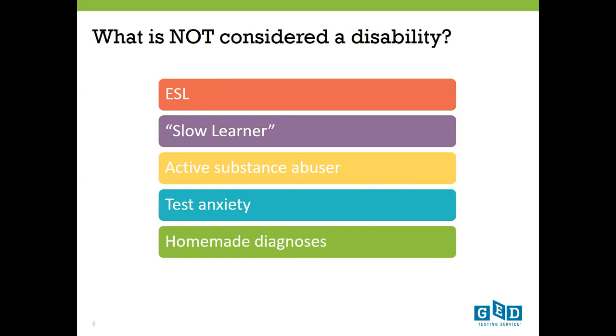So my suggestion would be to work with your candidate and find out, are they anxious in other situations? Are they anxious when they drive their car? Is it difficult for them to go to the grocery store? Those types of things could lead to a diagnosis of generalized anxiety, and I would have you recommend to them that they go back to their doctor and discuss the possibility of maybe getting a diagnosis of generalized anxiety. And then that would be an ADA disability, and they could get accommodations. So just something to think about there.